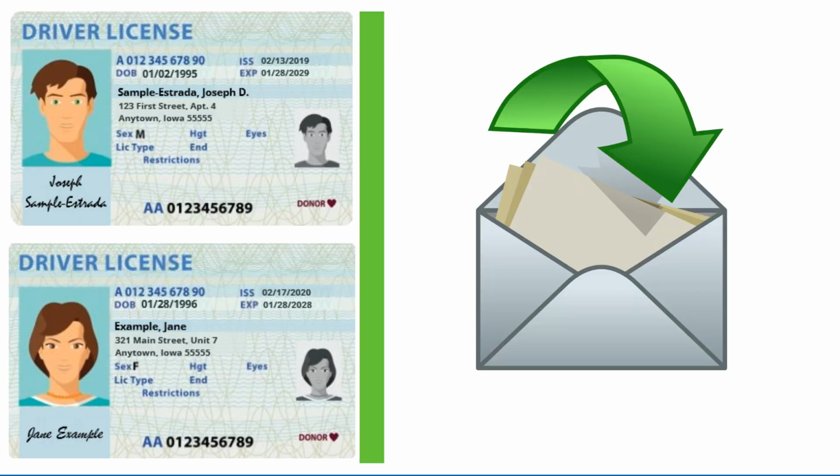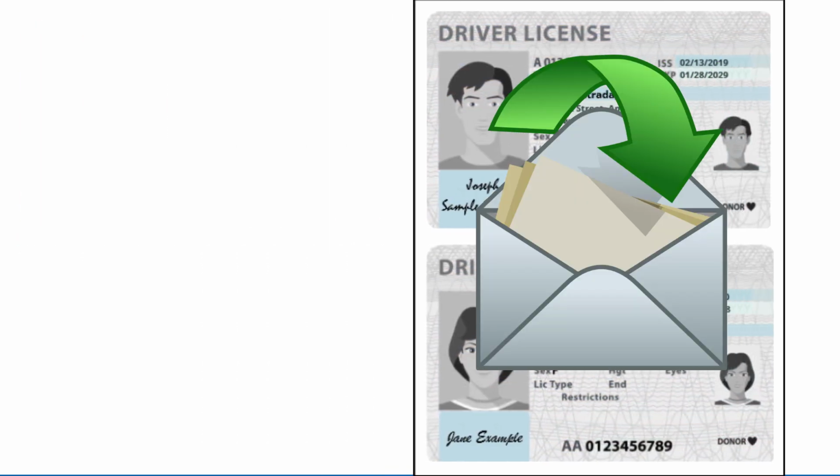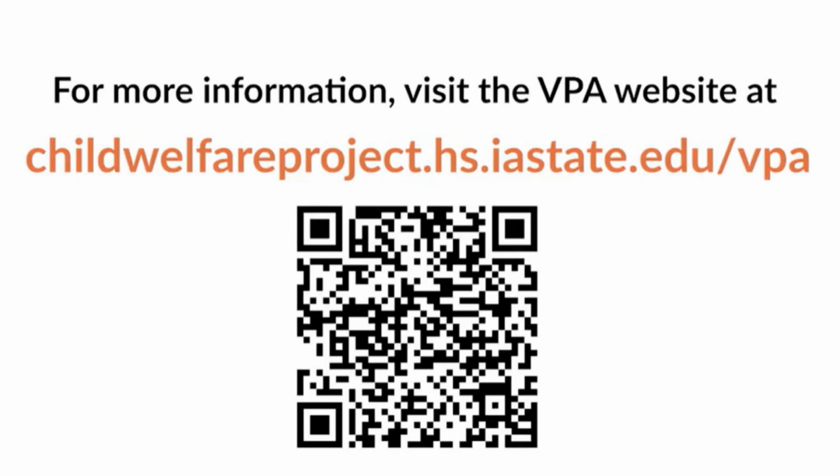A photocopy of the identification presented to the notary must be sent in with the paternity affidavit form. Include the reverse side of the identification only if the person's signature is on the reverse side instead of the front. For more information, visit the VPA website at